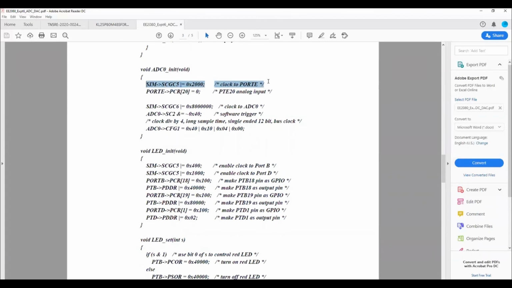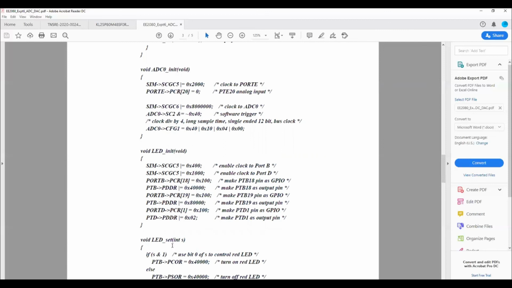So this is to set the clock for port E, because that is the port I'm going to use as input, right? That is the multiplexed pin for the analog input. And then the port's 20th pin is configured as analog input. So you do that. And then this is to enable the clock for ADC 0. And then this is actually to set up. So please go through the manual and understand what steps we are doing over here. So this is to configure your ADC. So once the configuration is done,